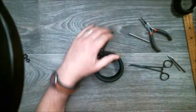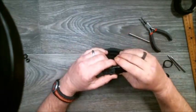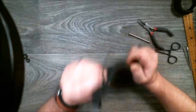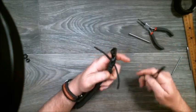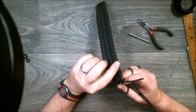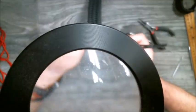Get this out of the way. That's a big one, man. Whew. Okay, so let's see if we can't do this. This one's going to go underneath, so we're going to take these hemostats. Hopefully I can get this to work. Not accustomed to using these hemostats to do what I'm about to do. Normally my cord's long enough and I can just